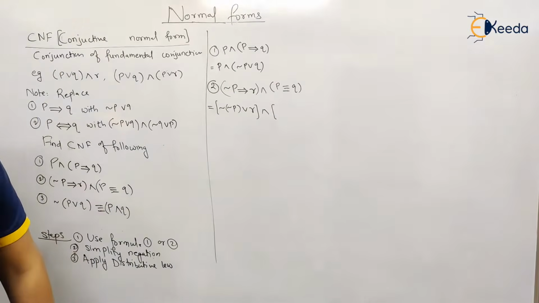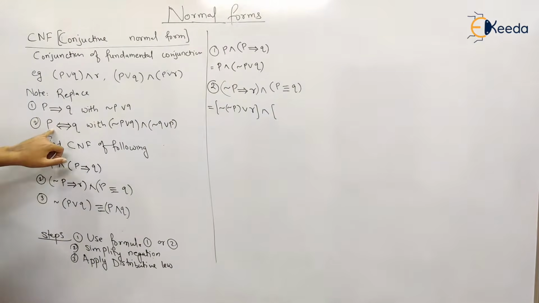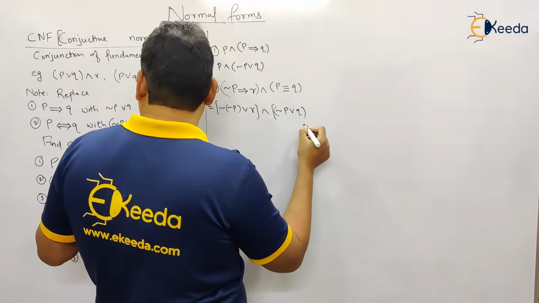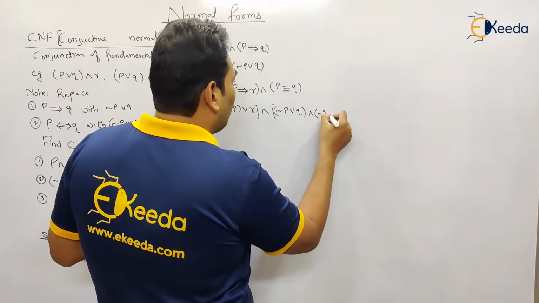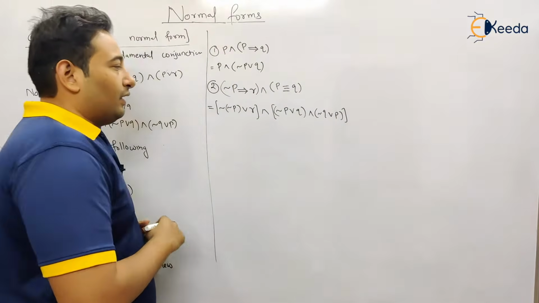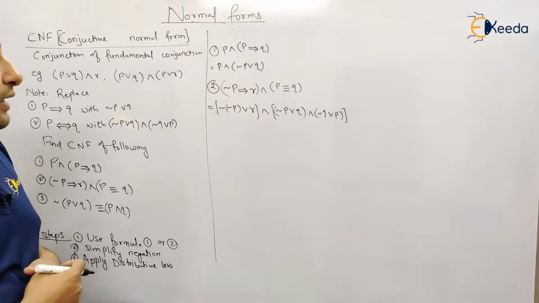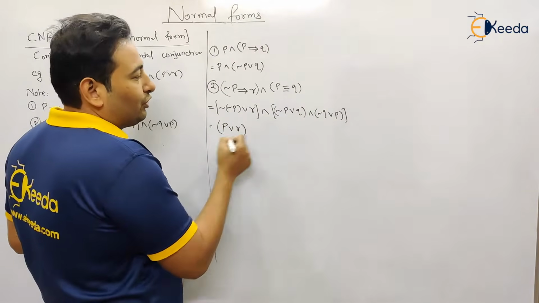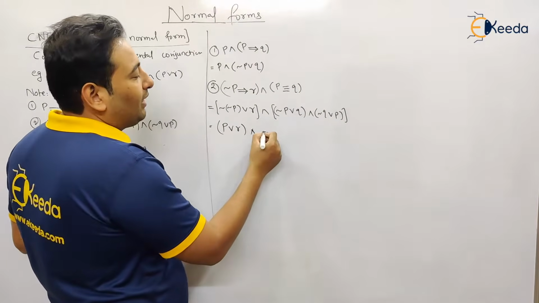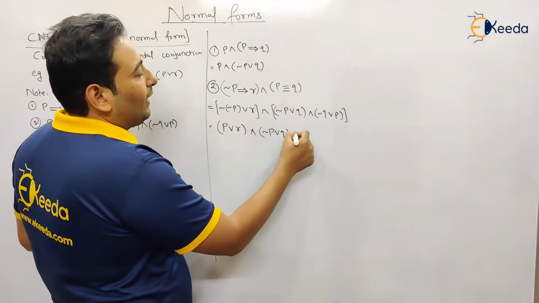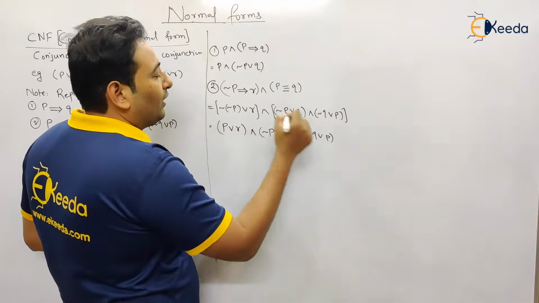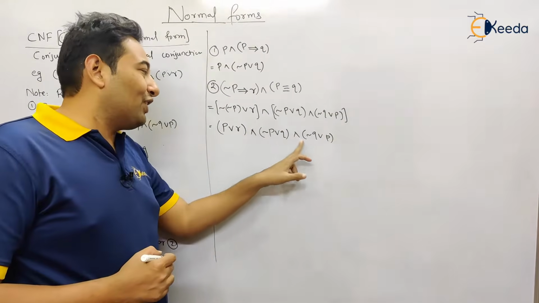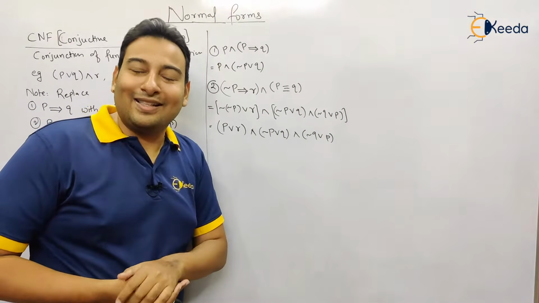Now what do you mean by double implication? P double implies Q. See, this is the formula, and the formula says negation of P or Q and negation of Q or P, which is equal to, see, negation will cancel each other, P or R. So this is the first bracket, and in the second bracket we have negation of P or Q and negation of Q or P. Now if you observe this expression, the expressions are separated with conjunction, in brackets we have disjunction, therefore it's in CNF, story over.